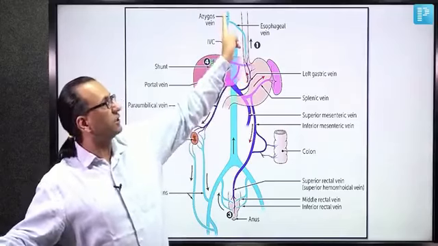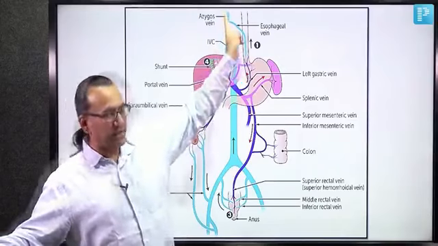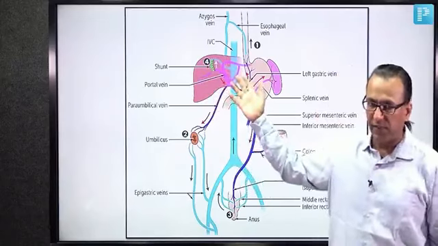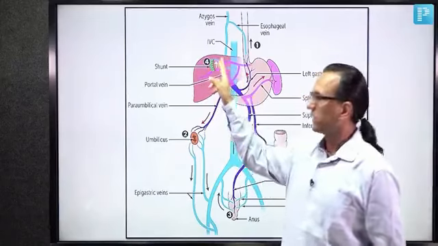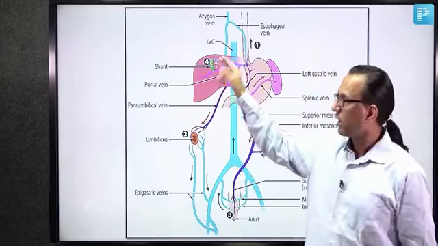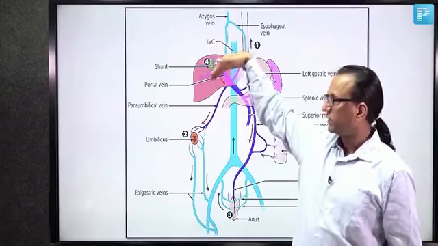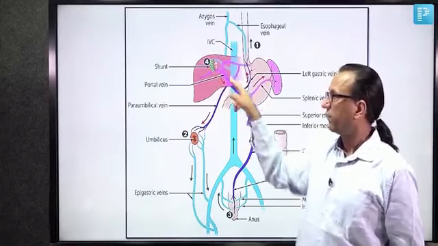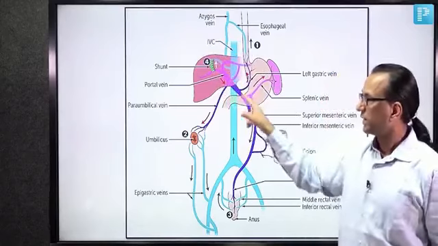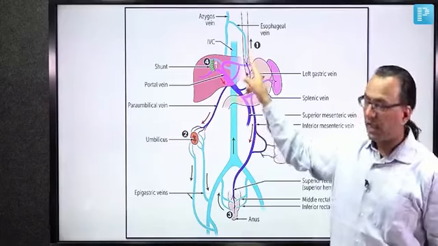That is the systemic circulation here, which drains into the superior vena cava. Azygous vein drains into the superior vena cava. Now, in case of Budd-Chiari syndrome, say for example, there was a hepatic vein thrombosis, so the liver could not drain into the inferior vena cava. There will be a backflow, reversal of blood flow, portal hypertension, and that blood flow will be coming back into the portal vein, into the left gastric vein, and jump into the esophageal vein, azygous venous